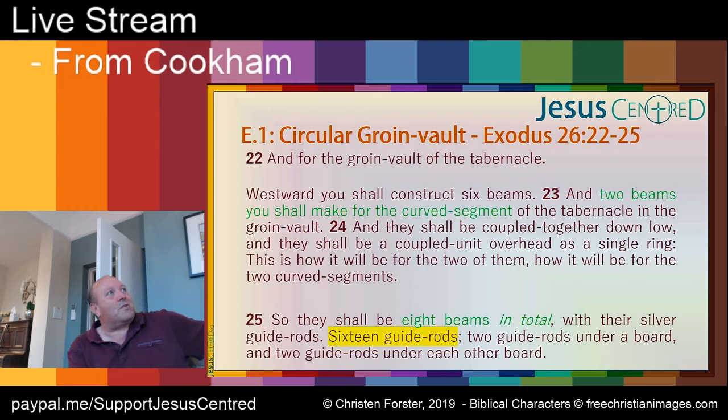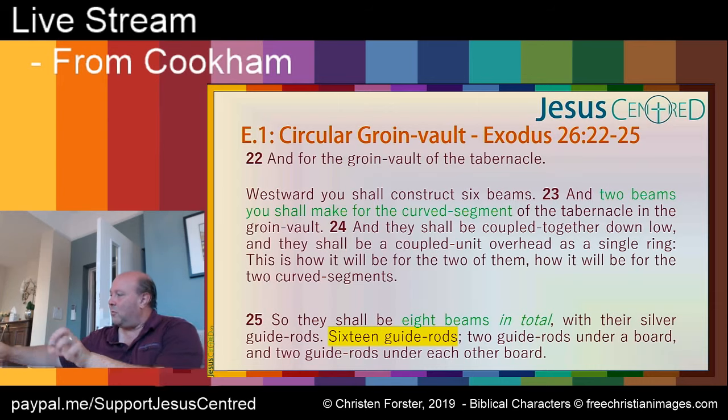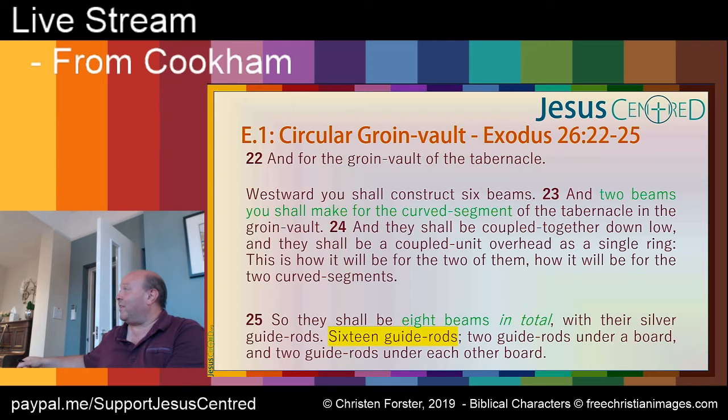we're going to use 6 beams, and then we've got 2 other beams, which it doesn't tell us exactly how long they are, but actually what we find is that when curves are measured in the biblical world, they take the length from the 2 ends rather than the thing around there. So it wouldn't tell us any better anyway. In other words, a curve that came up to the same height as a straight pole would be described in exactly the same way.